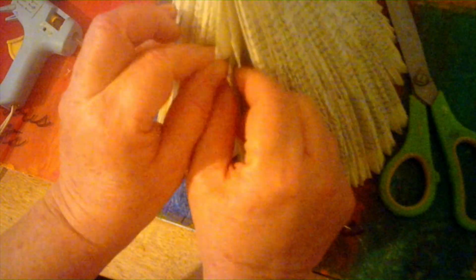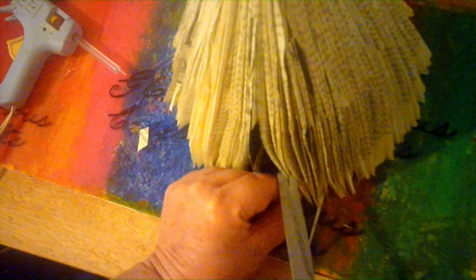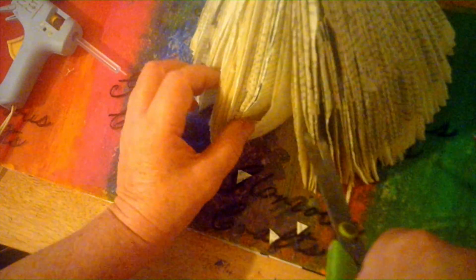Okay, now that you have all the pages cut, you're going to take your scissors and you're just going to start cutting downward, and you can take the pieces out. As you cut, you can cut upwards. It doesn't have to be perfect. You just want to cut it and take pieces out and cut all around different shapes. You can cut downward or upward. You just want to start cutting it apart